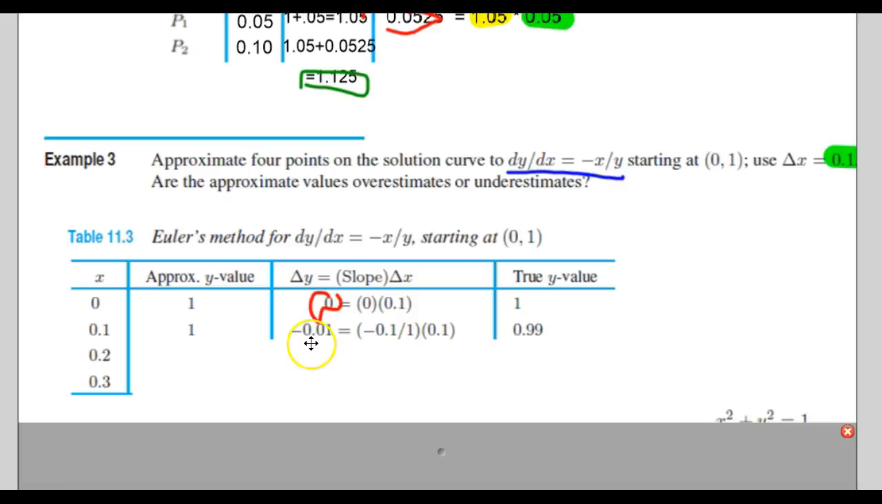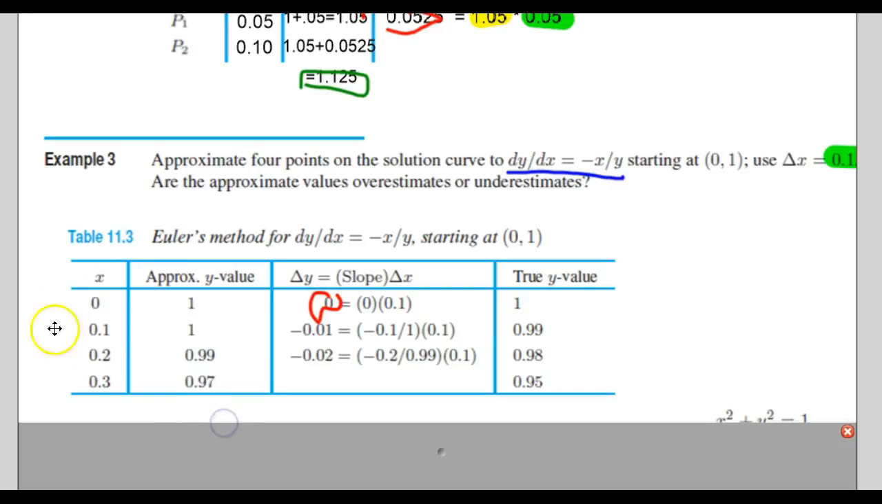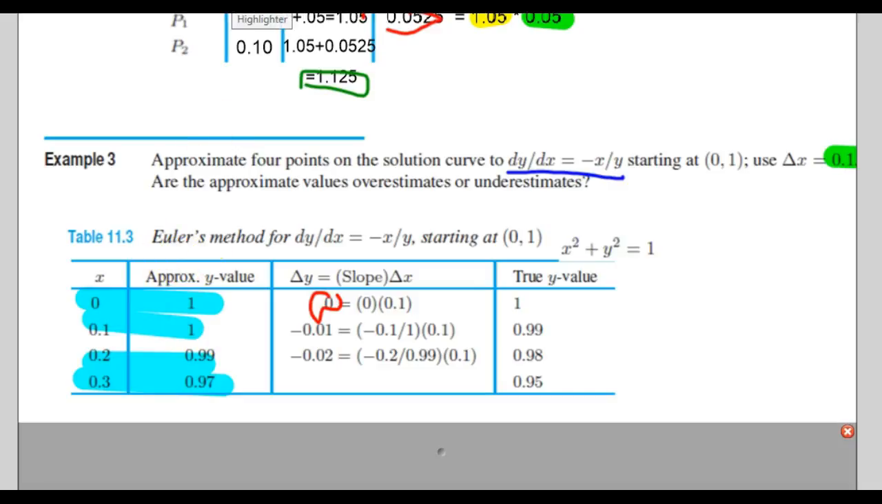But then when we continue using Euler's method, we get different y values, different change in y values, and we end up with something like this. So now we have 4 points, and these 4 points are our estimates using Euler's method. And the true value, since we're talking about the solution curve, is given by x squared plus y squared equals 1. That's how we're able to determine the true value. We compare,